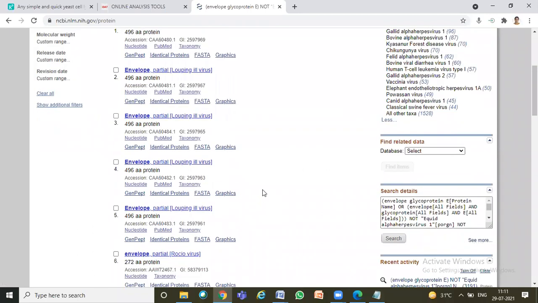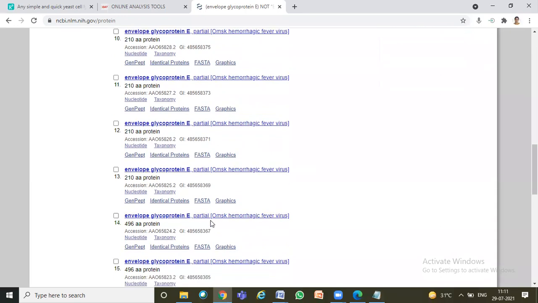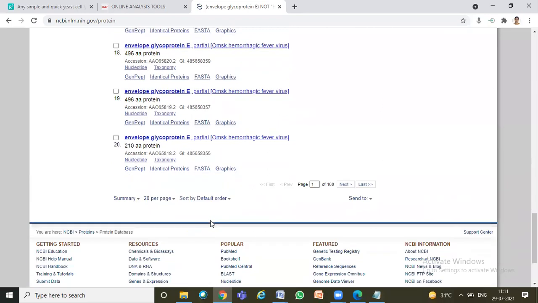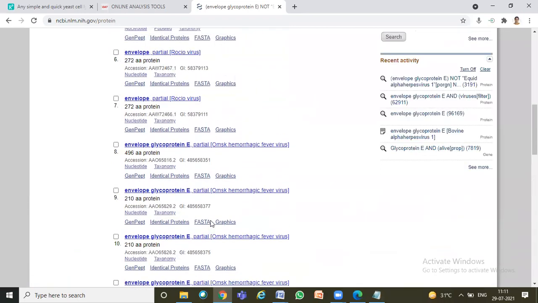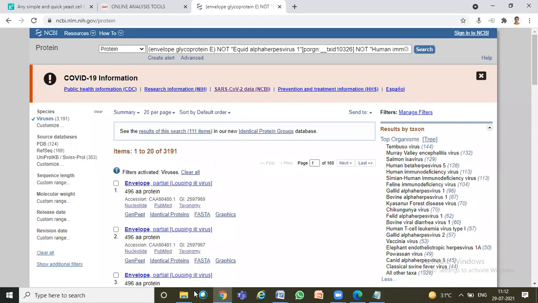But whenever you have to pick a sequence of a protein or any gene, I told you already, you should never use partial sequences. You should keep checking with the complete CDS only. When you start searching one after another, you may find it very difficult. Most of the time you have several partial sequences.